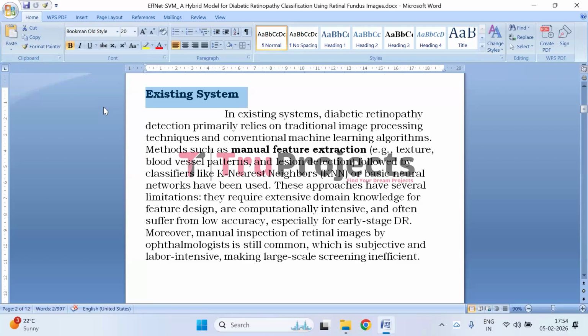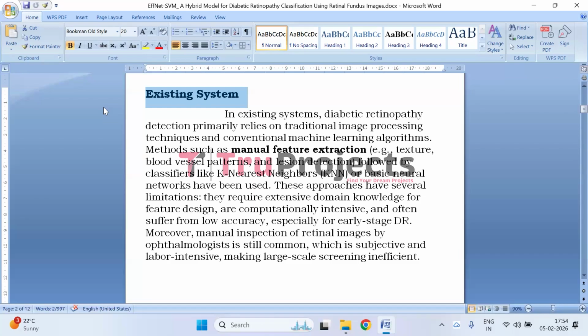While these methods can detect diabetic retinopathy, they come with several drawbacks. Manual feature extraction requires deep domain expertise and is time consuming, making it difficult to scale. Additionally, these systems are often computationally intense and tend to have lower accuracy, particularly when identifying early stage of diabetic